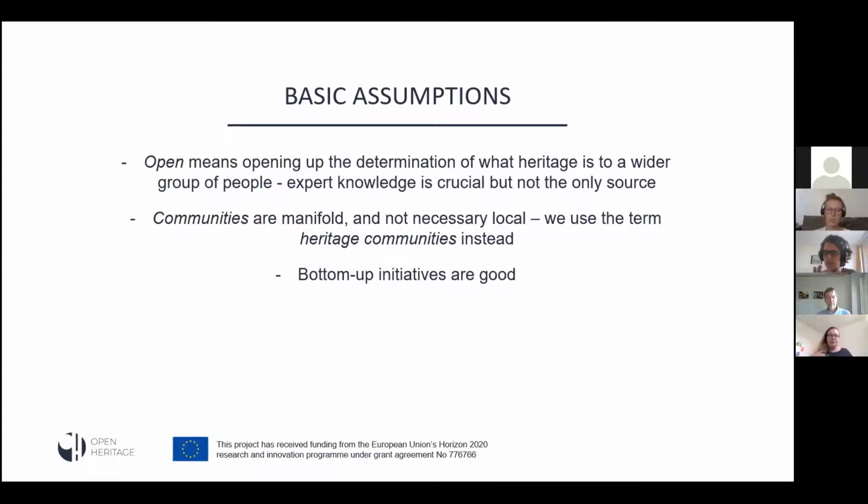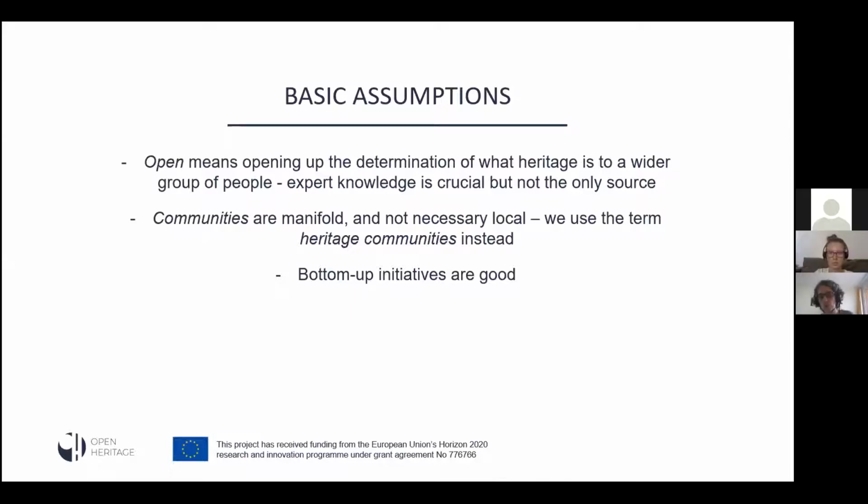There are some basic assumptions. I think there are 3 most important ones that really guide our work. The first is that the word open is not by chance in the name. Open means that we think that expert knowledge is crucial to determining what heritage is, but that's not the only source. We think that the evaluation of heritage and the designation of heritage should be opened up